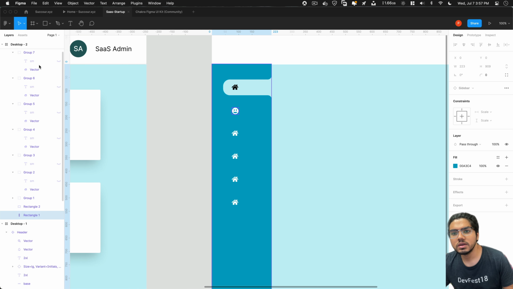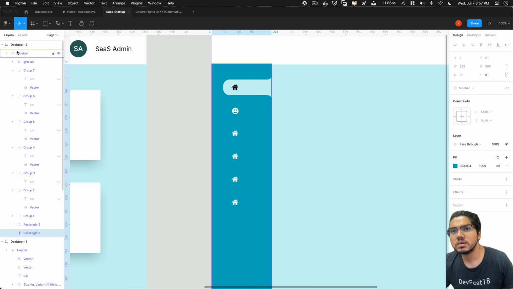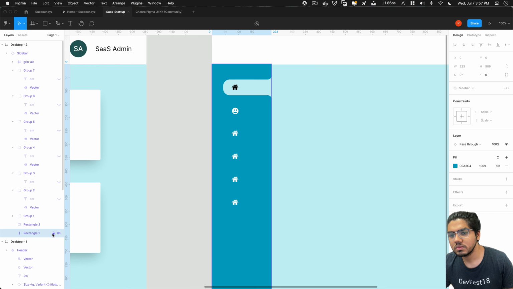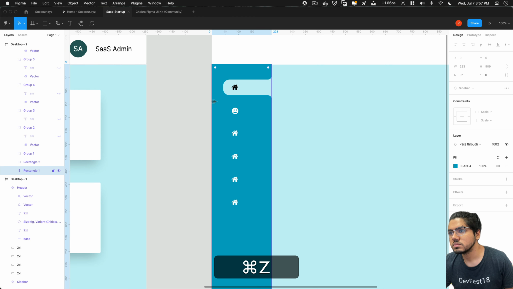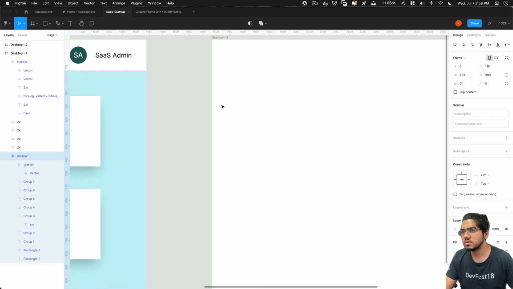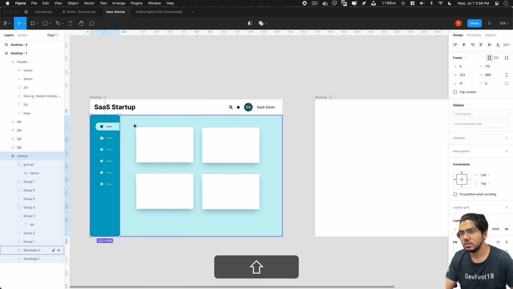Okay, so what we have is a rectangle, so we'll put that rectangle on top. Okay, this doesn't seem to be working, so what we'll do, we'll create it ourselves.